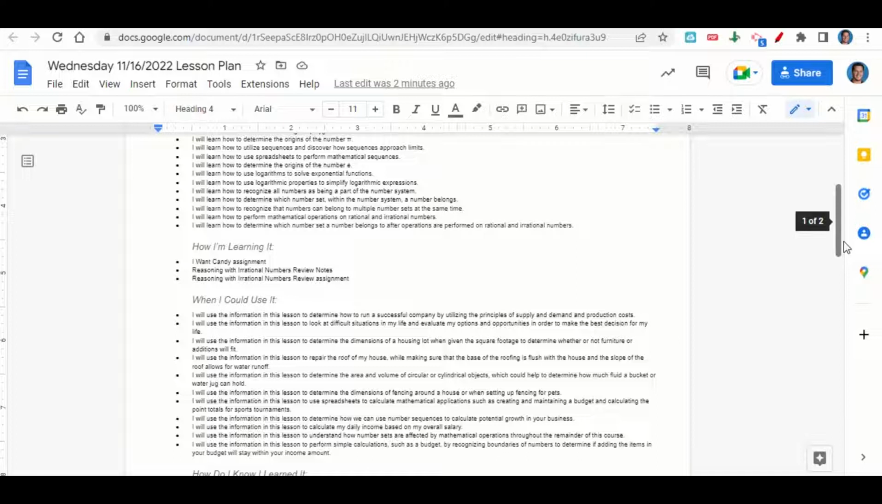To determine how to run a successful company by utilizing the principles of supply and demand and production costs, to look at difficult situations in your life and evaluate your options and opportunities in order to make the best decision for your life, to determine the dimensions of a housing lot when given the square footage to determine whether or not furniture or additions will fit, to repair the roof of your house while making sure that the base of